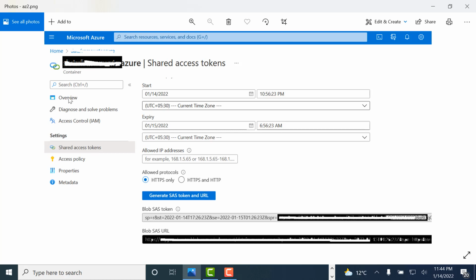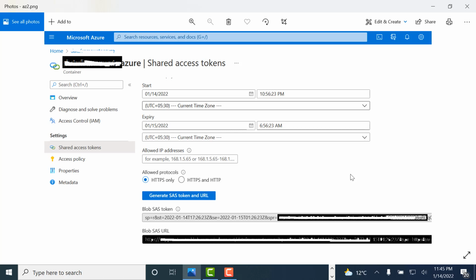If you click on overview, you will see files and folders inside this container. If you already have something, or after executing that command, you will see those files in this container. Now we have created an Azure storage account, then a container inside that storage account, and also generated the shared access token to access the container.